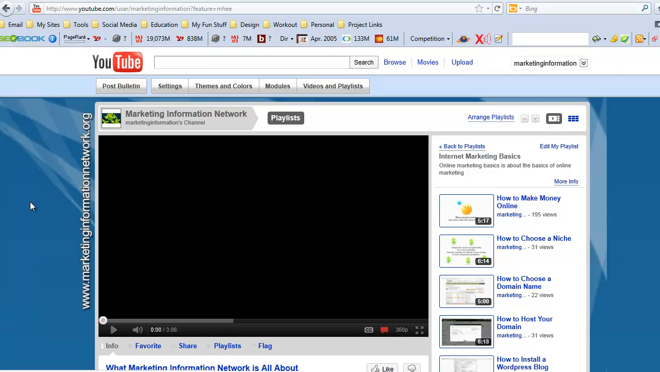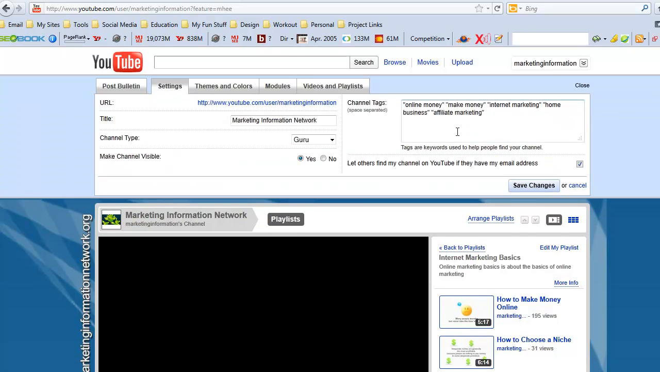So we want to come in here and click on settings. And just like you saw in the ebook, there's a place here where you can put channel tags. Now this is going to identify to Google and say, this is the space, this is what we're talking about. We want to talk about online money, making money, internet marketing, all those kinds of things. Those keywords come through keyword research, as you see in the video, and we'll discuss a little bit later in this video,